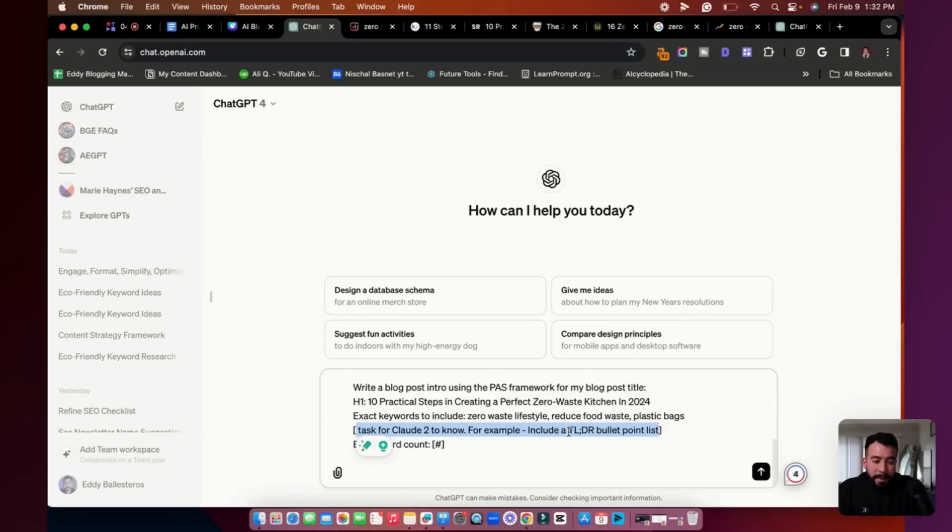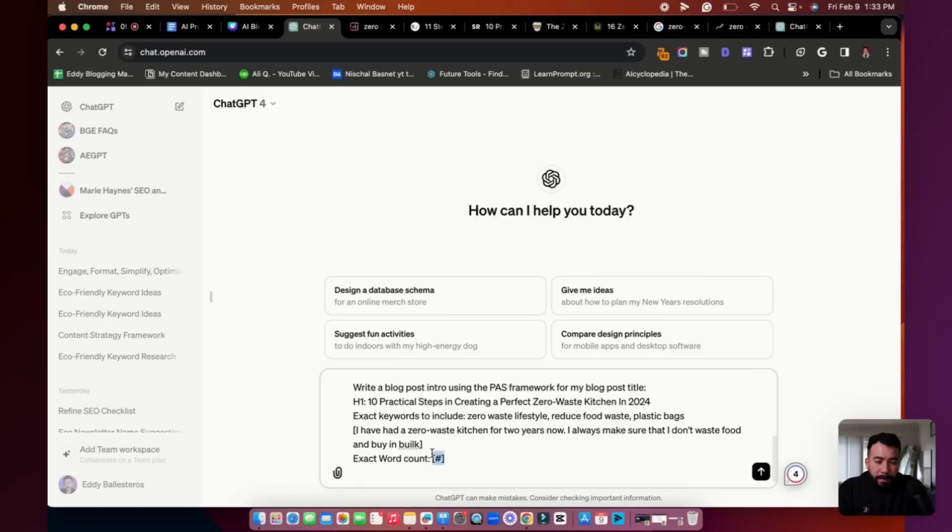So you can say something like, I have had a zero waste kitchen for 2 years now. I always make sure that I don't waste food and buy in bulk. So we had that in there.